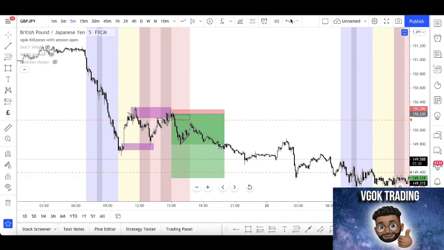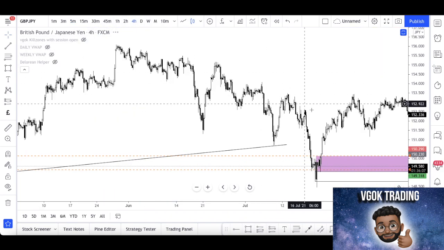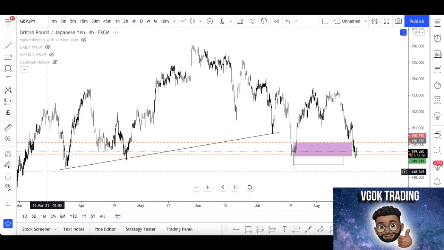So jumping straight into the full trade breakdown. Obviously you guys can see this is the trade that I took, but before I go into the nitty gritty of the actual entry and all that sort of stuff, I'm going to zoom out, and we're going to have a look at identifying those larger demand zones which I was talking about that we saw in the screenshots. So as I go to the 4-hour time frame, what we can see on GBPJPY,